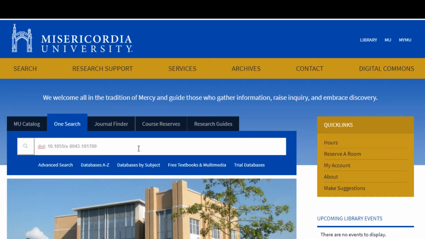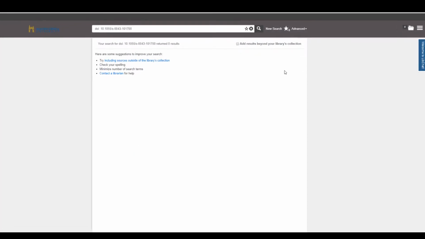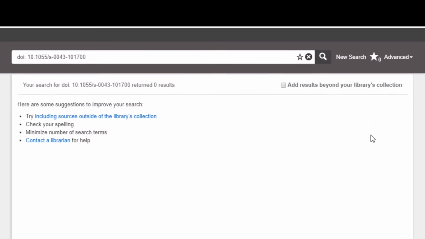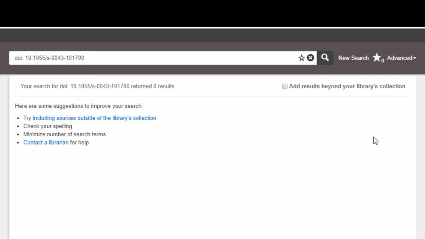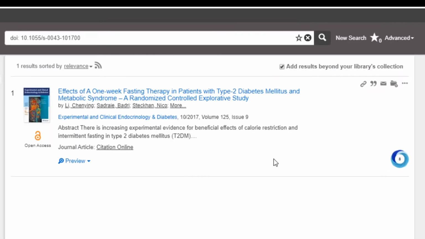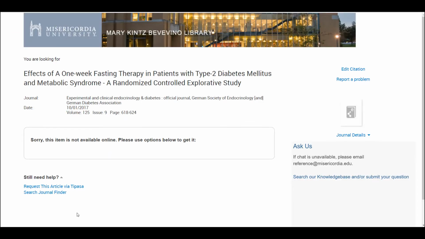Paste into the OneSearch box. And when we ran our search, we don't have access to the full text in our library holdings. Take an extra step and add the results beyond the library holdings. This time the article appears, and when you follow the citation online,